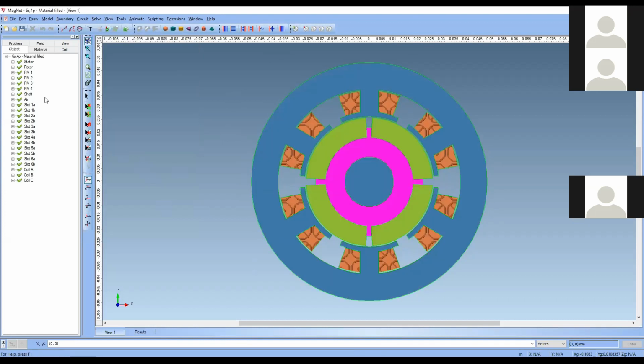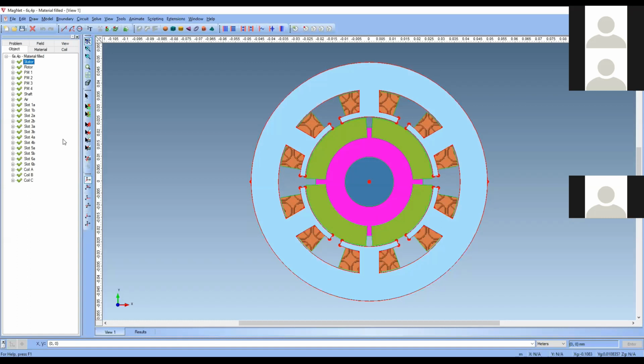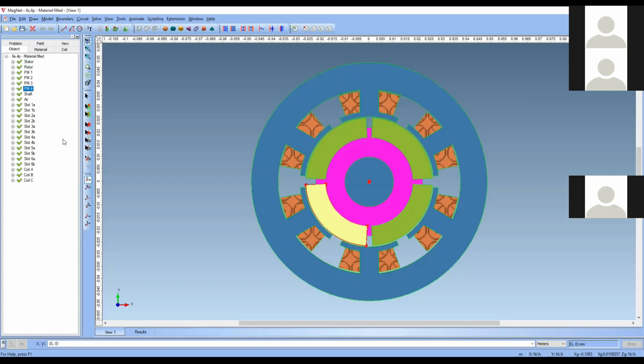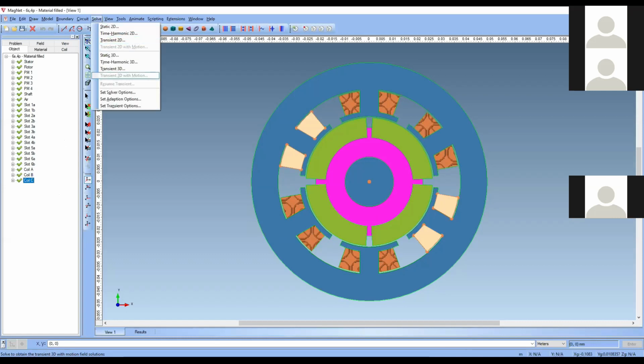In this, if you see, I have not created a motion component. Since I have not created a motion component in my solving option, the 2D simulation and 3D simulation with motion are not there. As I told you in the morning, you have restrictions in the trial version. In the trial version, you are not going to get these options. You are going to get static only.